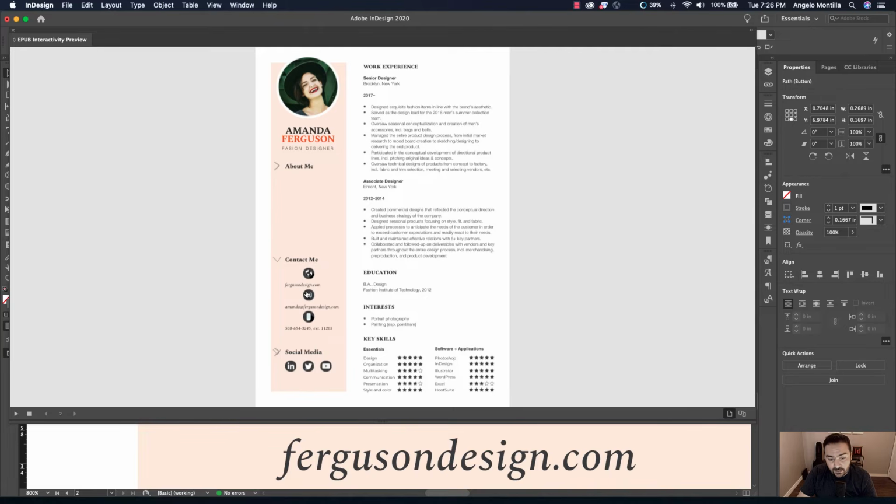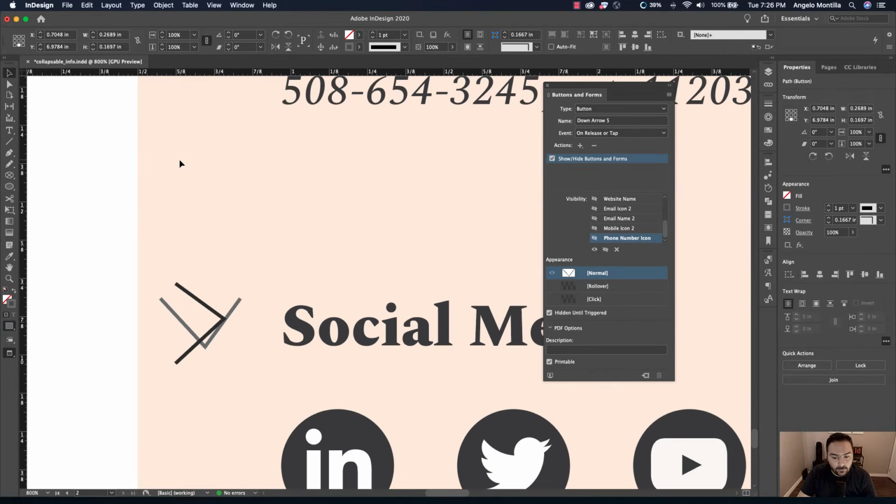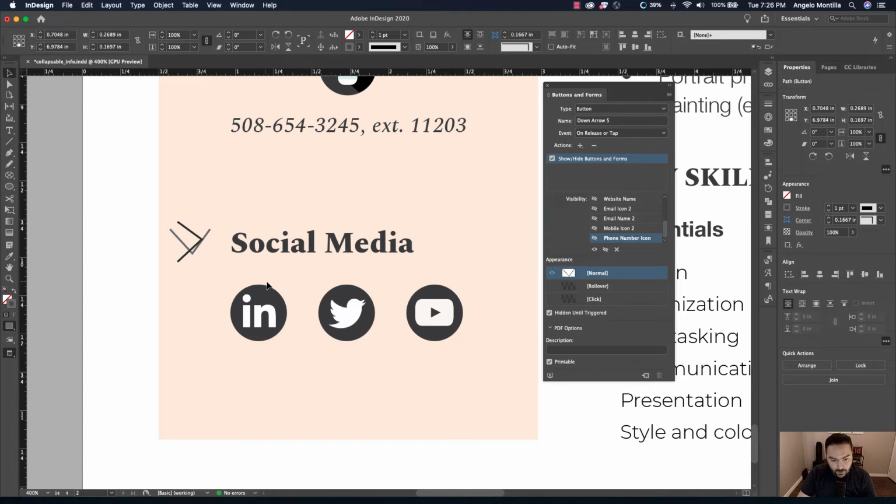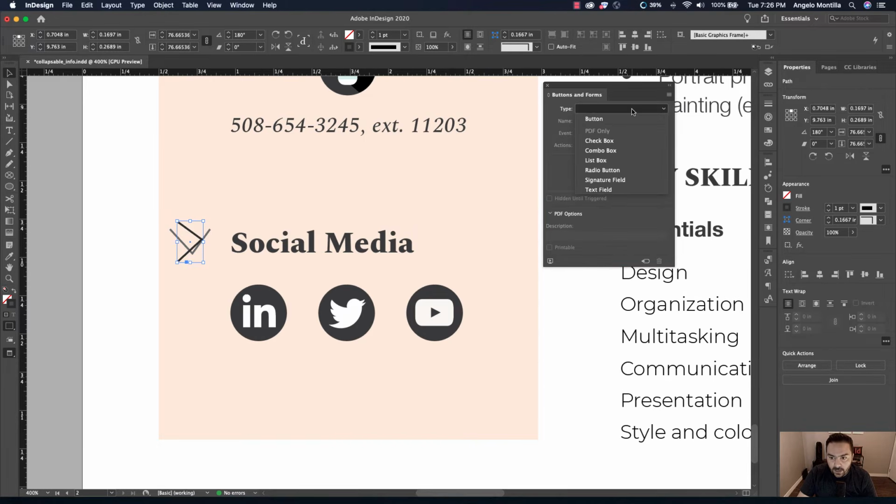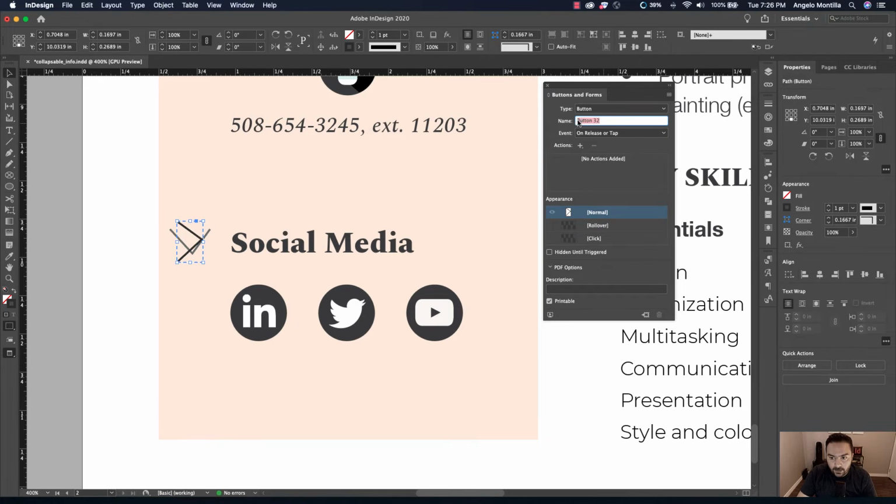Now the reason I did these individually and not group them, I guess you could group them, but now you can go in and start linking these icons without having to worry about linking the name along with them. So it's up to you, but that works fine. So let's finish this off with this last one. Let's click the right arrow key and turn that into a button. This will be called right arrow 6.